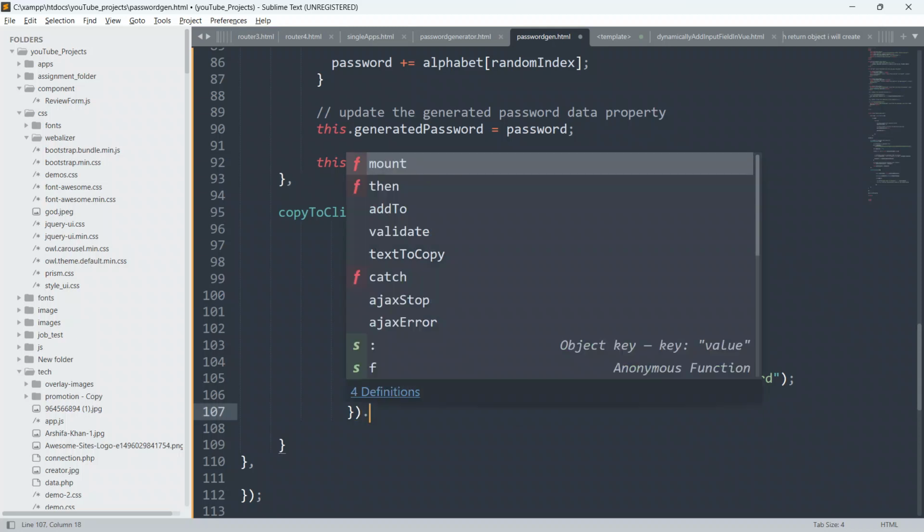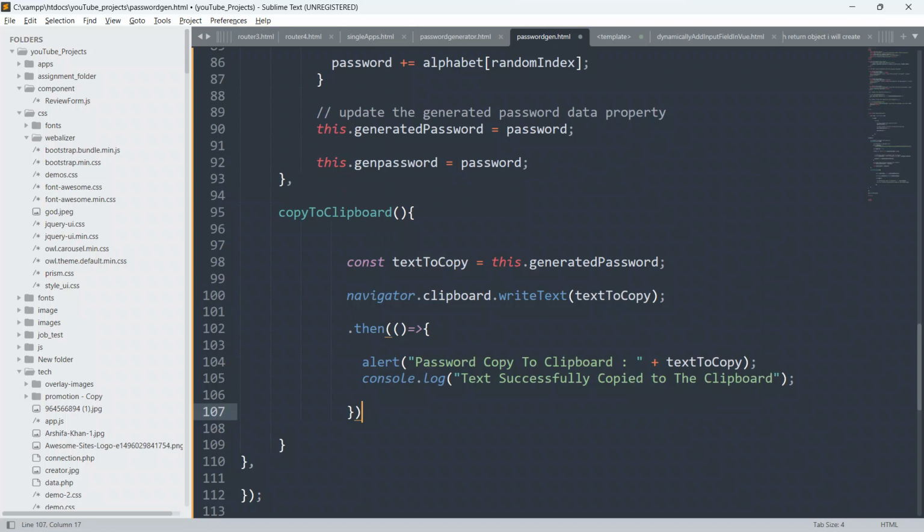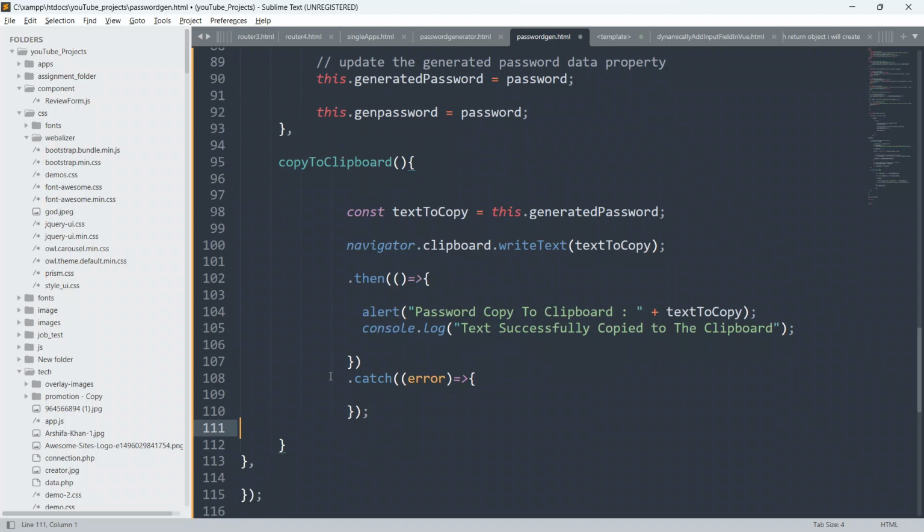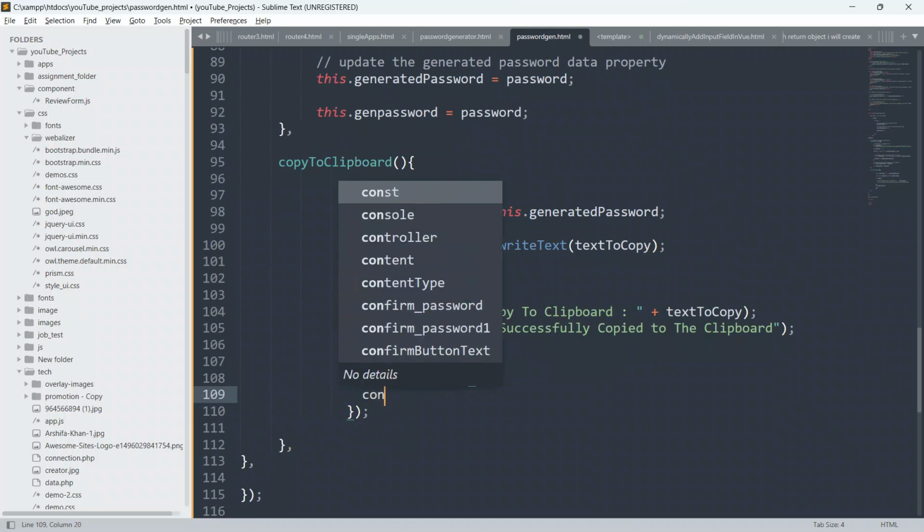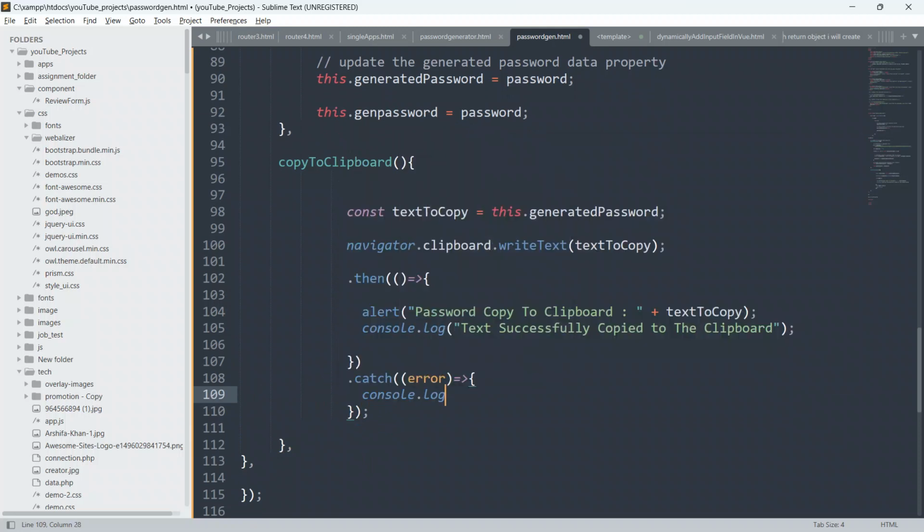So I'll say dot catch and pass error as a parameter, use a fat arrow function, and close this first, put a comma, and console.log the error to the console.